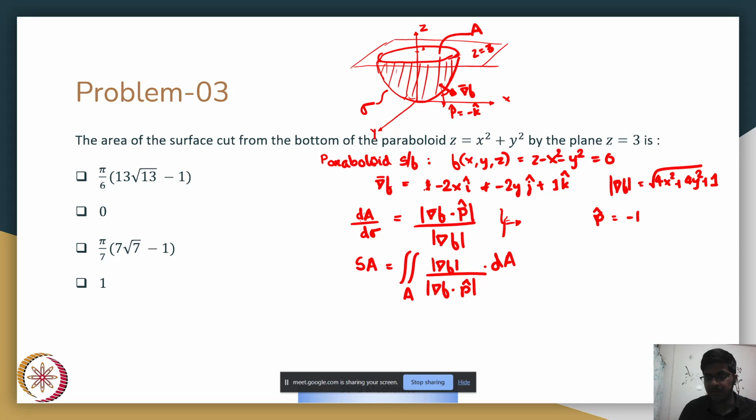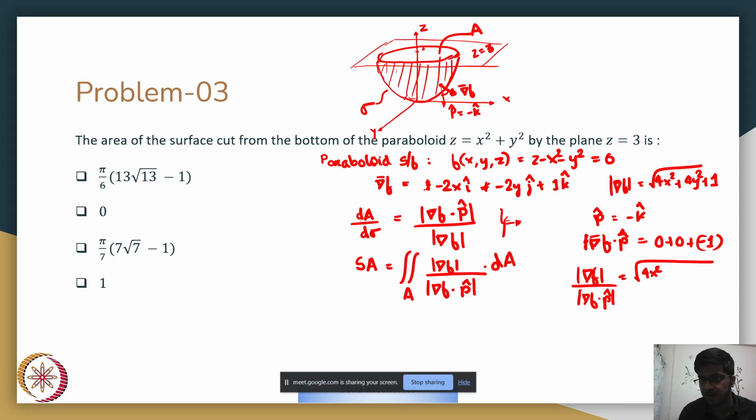Also the vector p is minus k hat, or you can take it plus k hat. It won't make much difference since we are anyways taking modulus. If you do grad f dot p, you end up with 0 plus 0 plus minus 1. The norm of grad f by norm of grad f dot p is nothing but root of 4x square plus 4y square plus 1